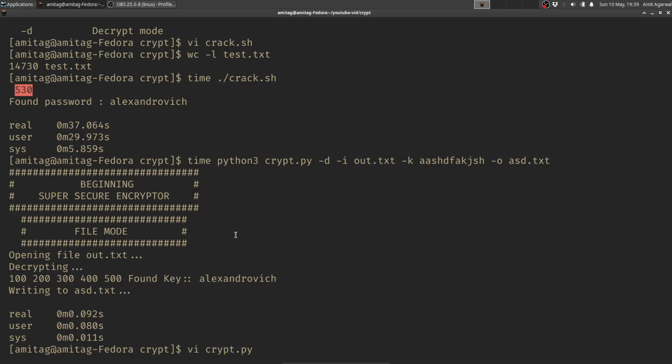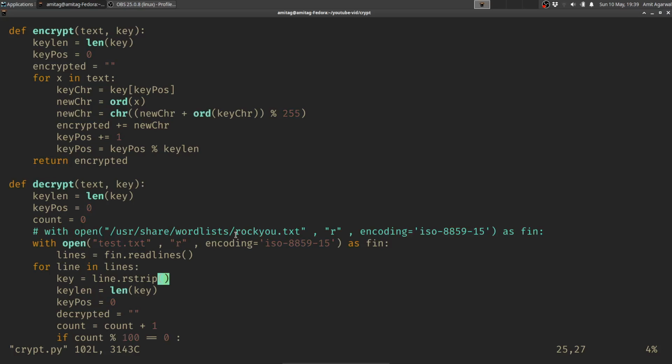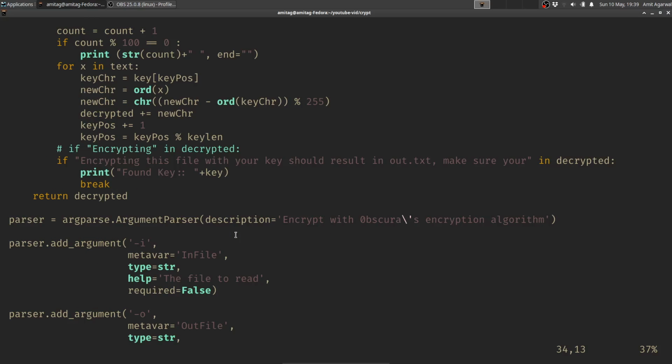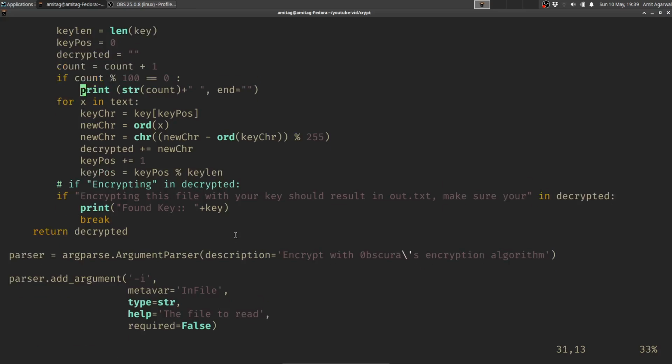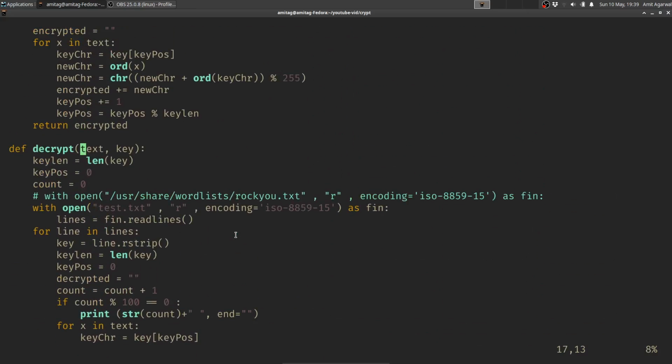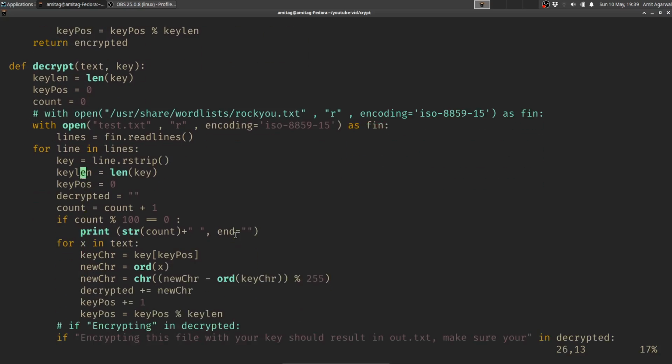So if I go into crypt.py, what I have done here is I went into the decrypt function, and I opened my word list here itself, rather than relying on reading it from outside.